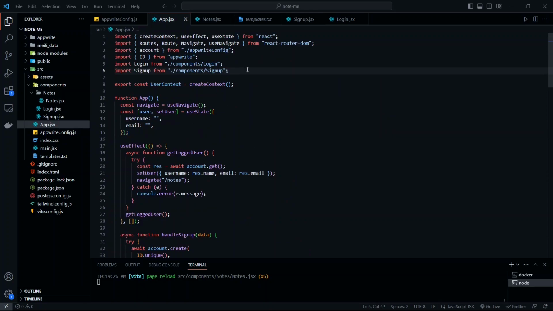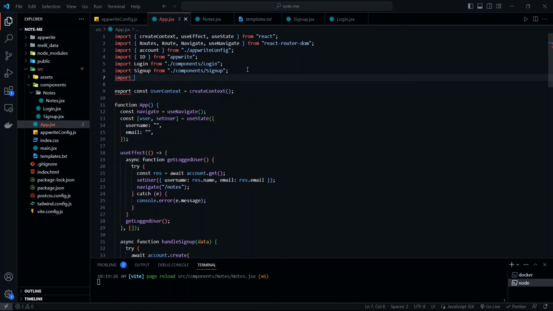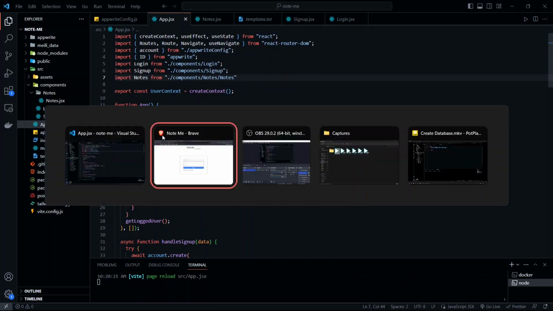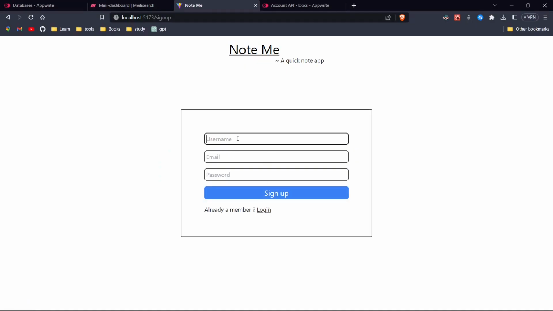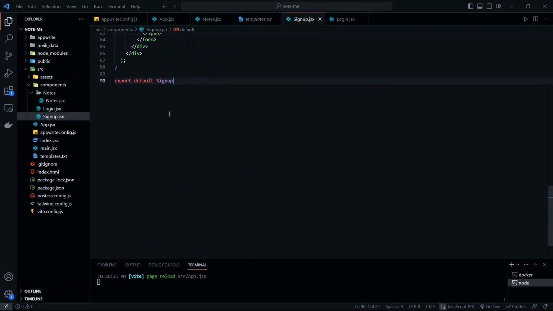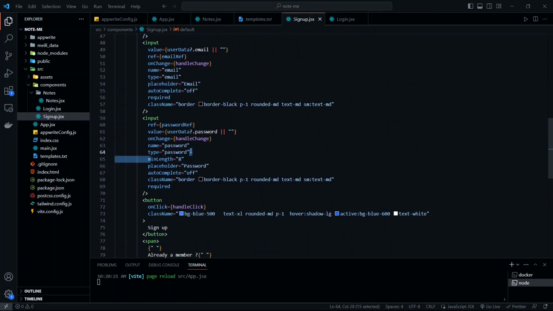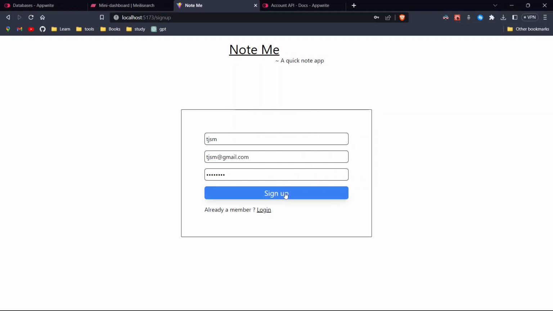So first of all, let's import the component. We're gonna import the nodes component from the component folder, inside nodes folder, and node.jsx. So let's import it. So let's check the route. Now, if we sign up with a username, make sure to use an 8-character password, since we have provided the min length to the password here. You can see it here. We have provided the min length of 8 characters. And now, if we sign up,